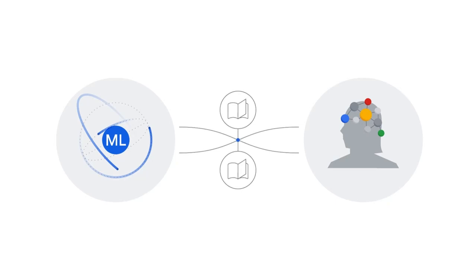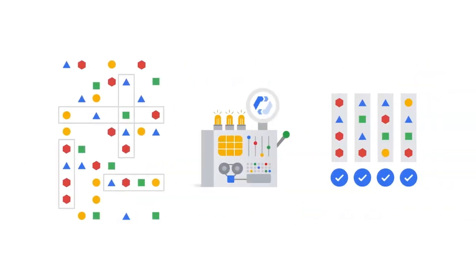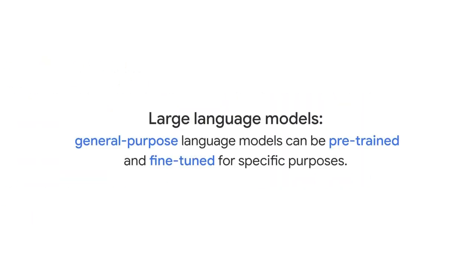Let's look at transfer learning first. Machine learning is similar to human learning. It learns new things based on existing knowledge. AutoML has already trained many different models with large amounts of data. These trained models can be used as a foundation model to solve new problems with new data. A typical example are large language models, LLMs, which are general purpose and can be pre-trained and fine-tuned for specific